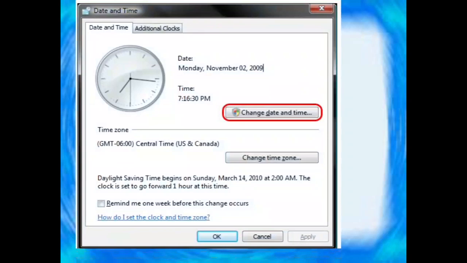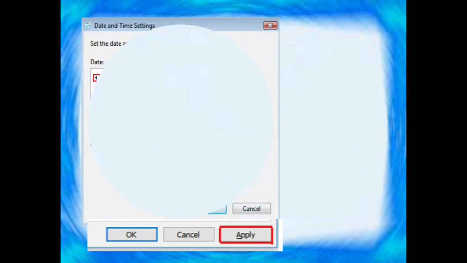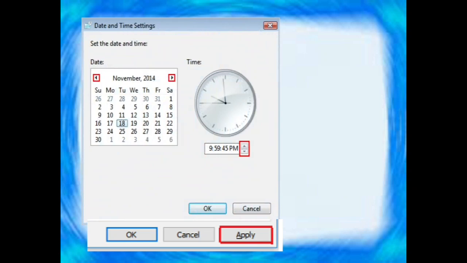See, this is the date and time tab. Did you see it at the top, the date and time tab? Yes, this one will open. Did you see I highlighted the change date and time option? Yes, that one. You have to click that option. When you click that option, this page will appear, when you click on the change date and time option.